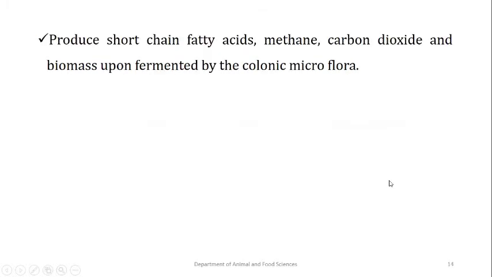Okay, then in the fermentation process, they produce short chain fatty acids like butyric acid, acetic acid, propionic and valeric acids. Methane, carbon dioxide, biomass often fermented by the colonic microflora, and this is very important to produce this kind of fatty acids and other things in our gut,